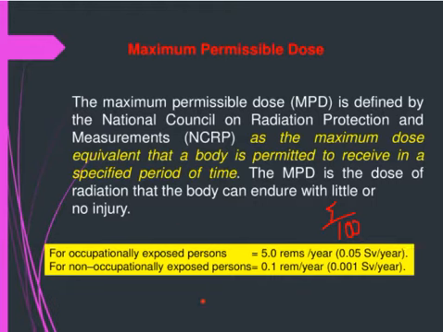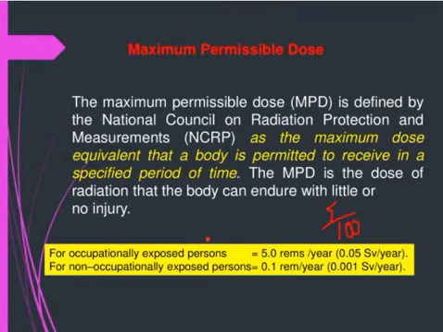For occupationally non-exposed persons like the patients, they can have 0.1 rem per year, or if you convert it into sieverts, it's 0.001. So why is this number less? This is because for an occupationally exposed person, we know that the person's occupation is in the radiology unit. So every day the person is working in that area, and you can measure the dosage they are exposed to. But for a non-occupationally exposed person, we do not know how much radiation the patient is getting exposed to